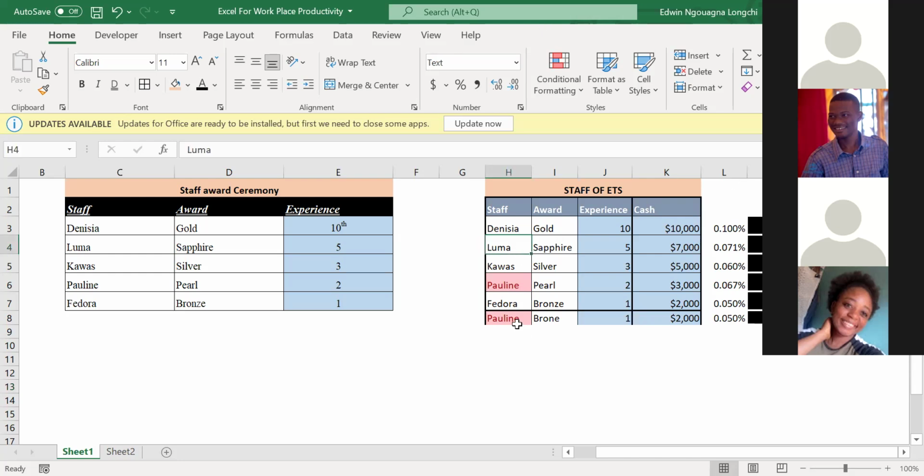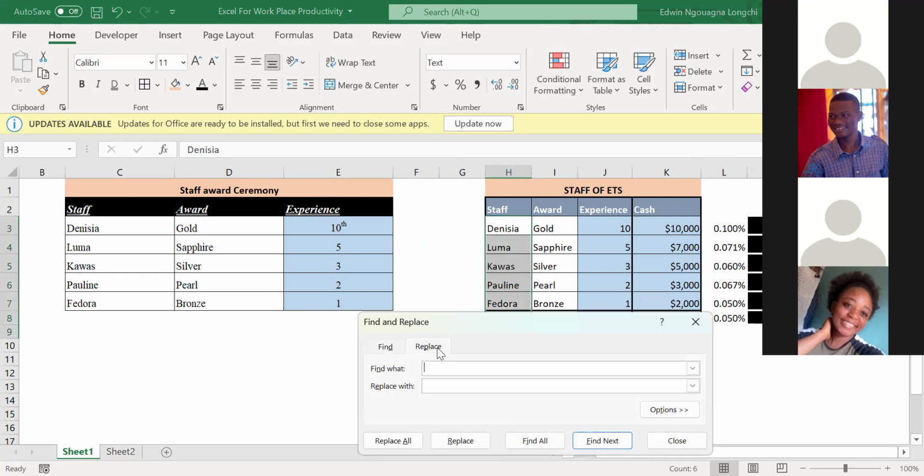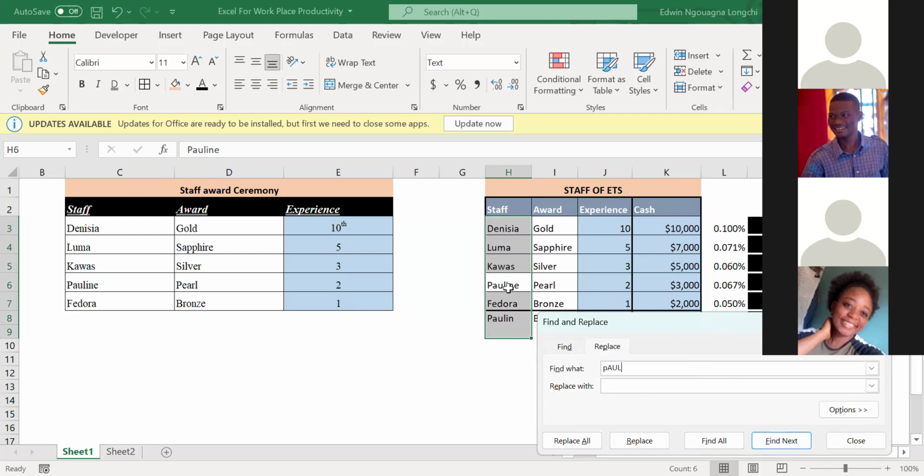For example, if this was a very long list, and maybe I spelled Pauline without an E, and I want to correct it, and I cannot find it. I come here and take Control F, then I find, maybe I just type Paul. Find next, and then you see it because it's highlighted.